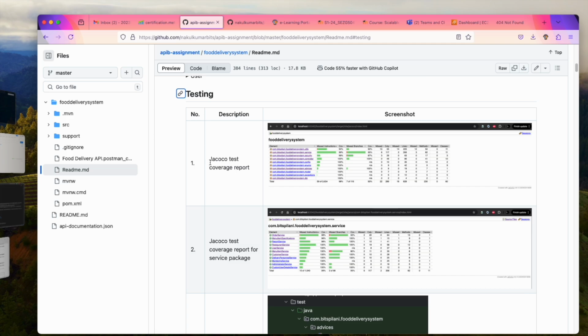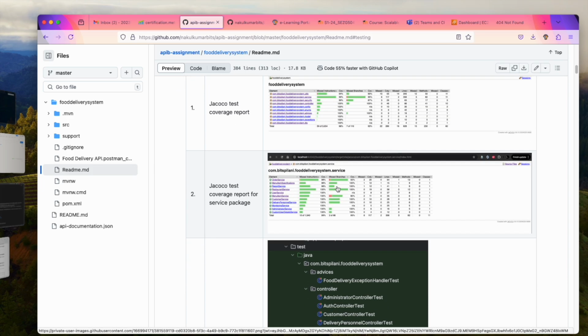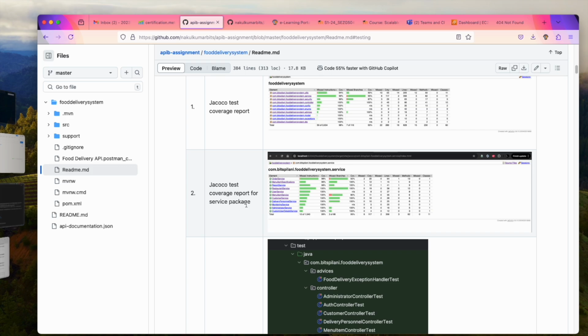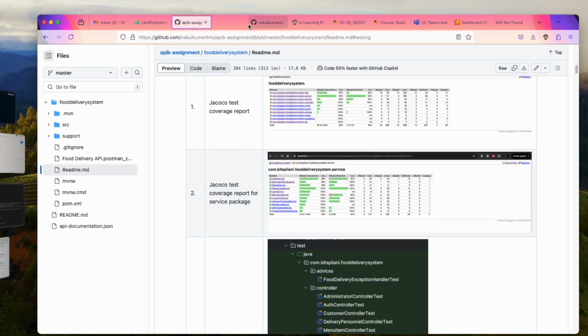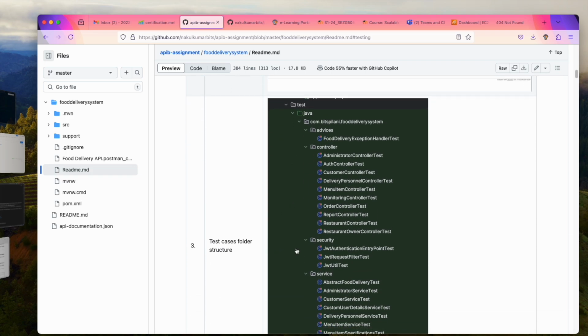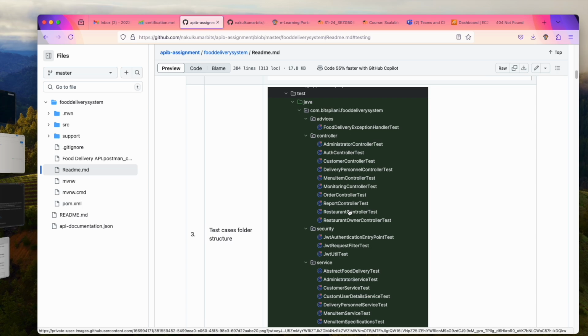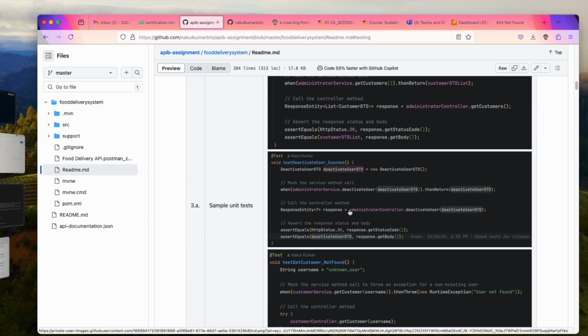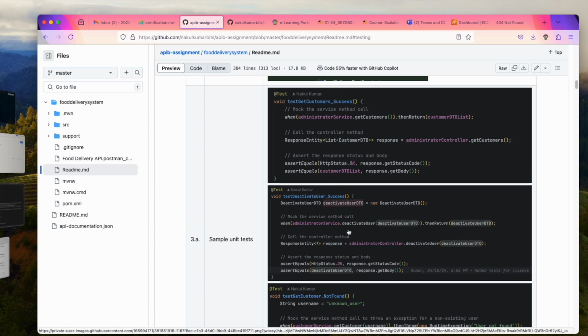So the first one shows the JaCoCo test coverage report, how much of the code has been covered as part of the unit tests. The next one contains the coverage for the service package, like how many of the classes are covered as part of the unit tests. Then the test cases folder structure, what all classes are present in the test cases folder. Then some sample unit test cases are attached over here,